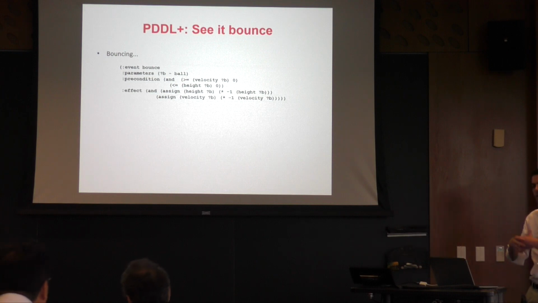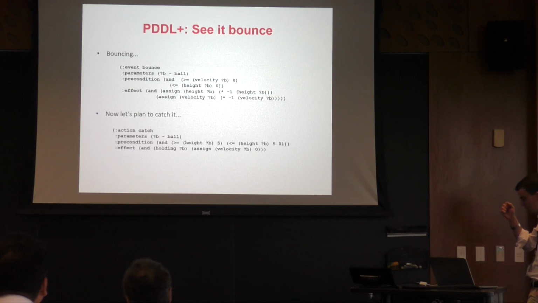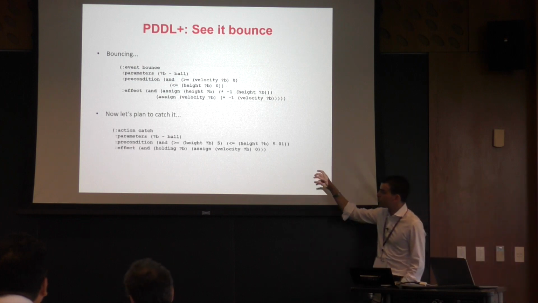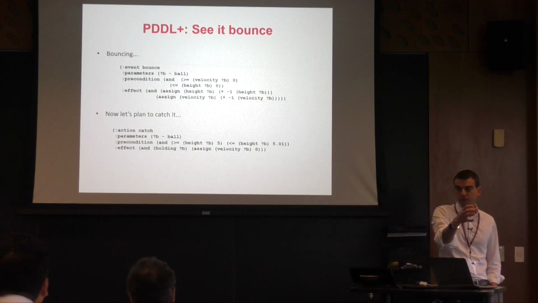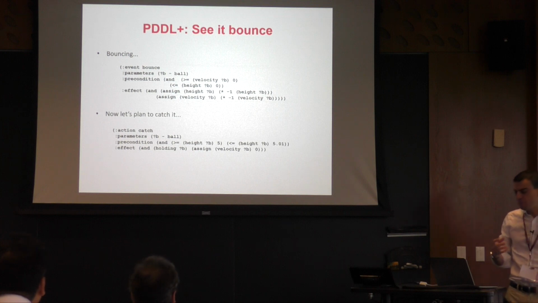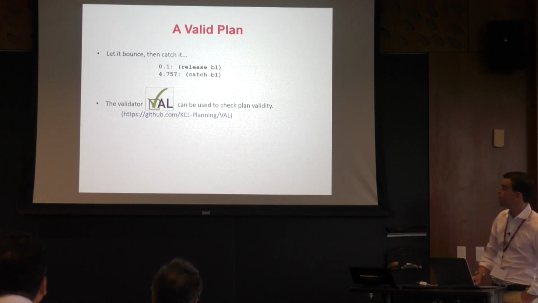If you can think of events like the word version of the actions, not action decided by the planner, but by the environment. And then you can have an action for deciding to catch the ball, and the preconditions here are that you want to catch the ball in a specific position of the ball. Suppose you have a robotic arm, right? So you can plan with these things, processes and events, and this is a very simple example of a plan.